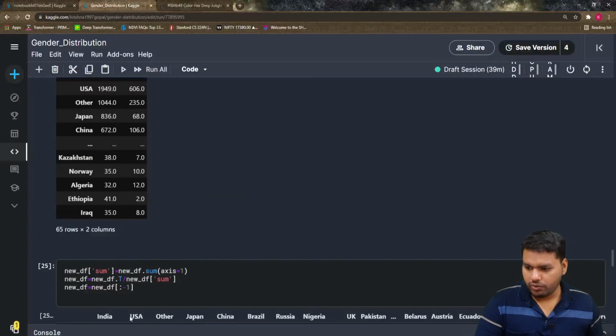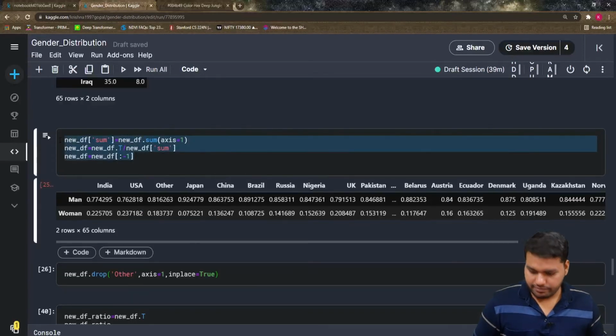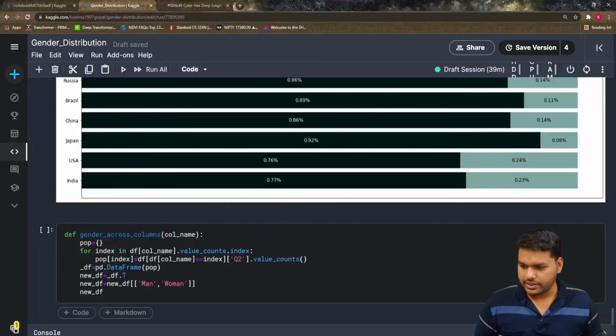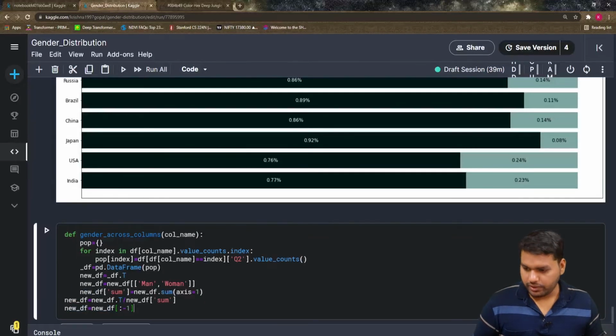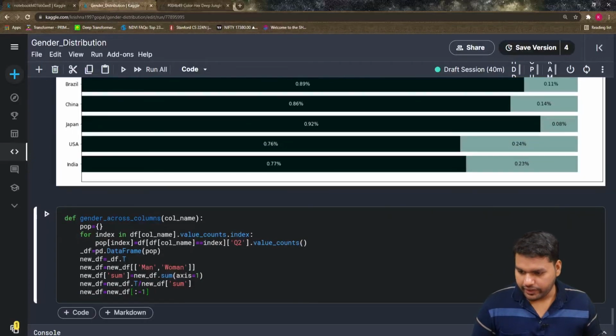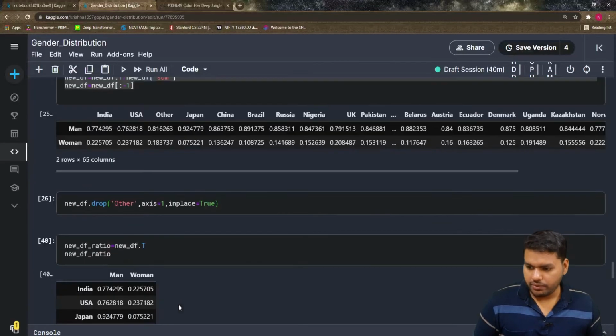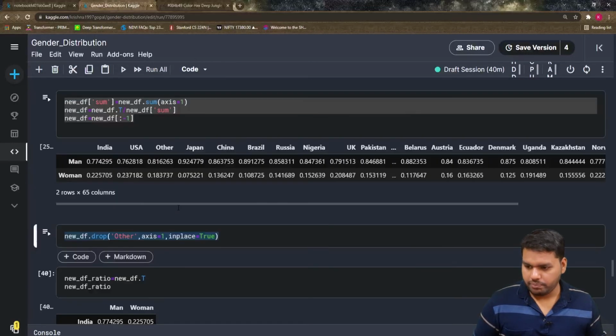After that, we calculate the sum. Same step here, we calculate the sum, and new df sum is that much, and this is that much. And again go above and copy this if you want to drop, but it's not necessary, it will always be there.